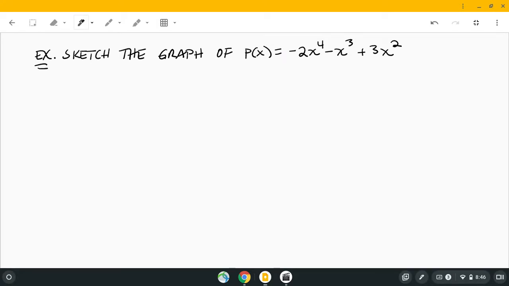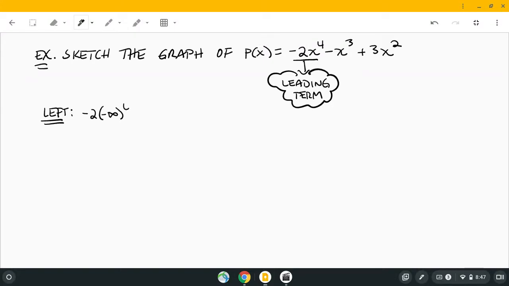Okay, so again, we will use the leading term to determine the left-hand and right-hand behavior. So this is our leading term. All right, so our left-hand behavior, x goes towards negative infinity, so we'll go ahead and plug in negative infinity